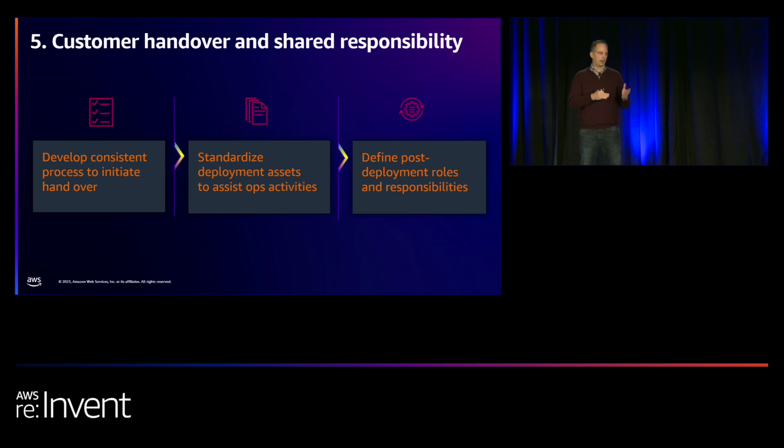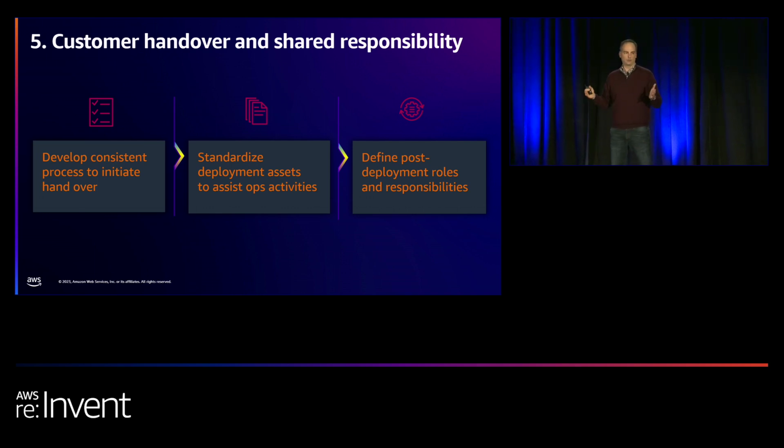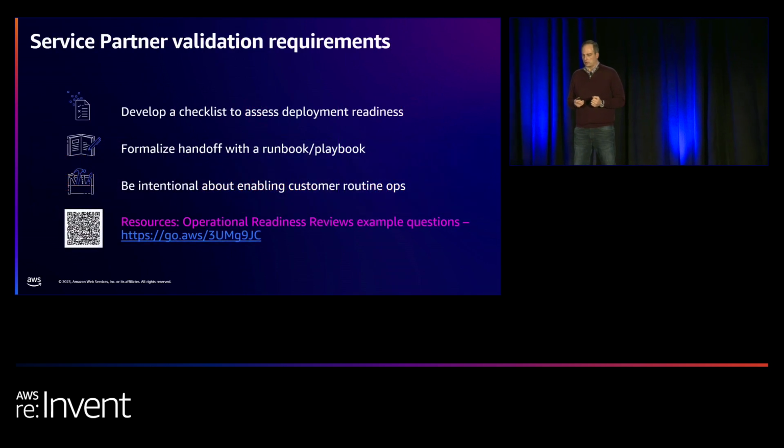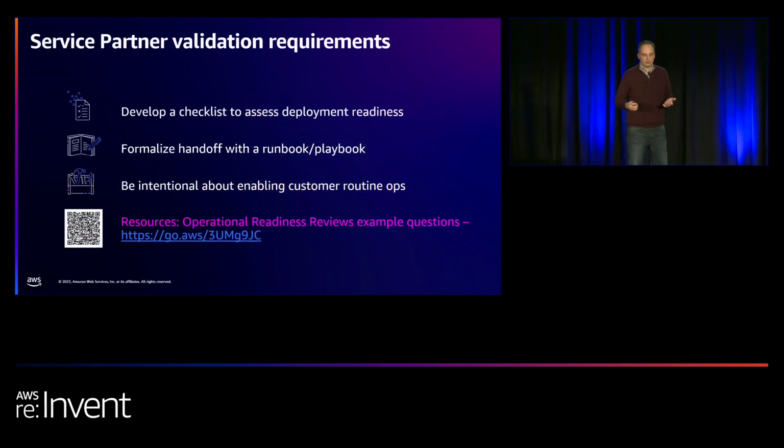The more automation that you can provide and the more standardized assets, the more consistent things are, and it improves the customer's understanding of what they're on the hook for and makes sure that they're getting it done correctly. And then lastly, making sure that you've defined exactly what those roles and responsibilities are and who's on the hook for doing what. So when we look at this from a services partner perspective,